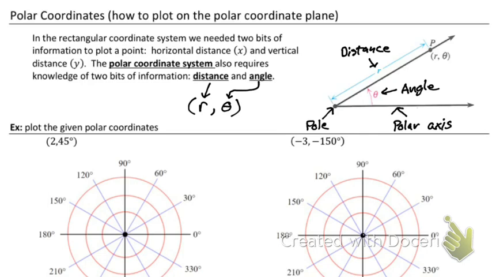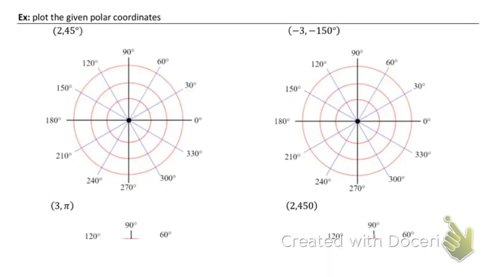Once again, this point is going to be distance and a given angle. All right, so let's see how to graph that. So we have to graph 2, 45 degrees. What we're going to do is this 2 is going to be the length that you go out. Now the weird part is 2 is actually anywhere on this circle. This is actually your 2. But we try to match it kind of with our xy coordinate plane because that's what we've done our whole